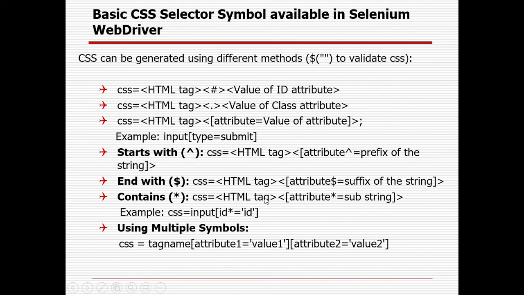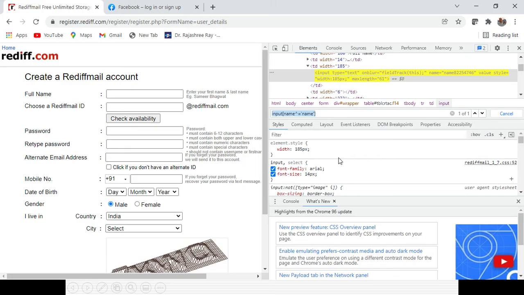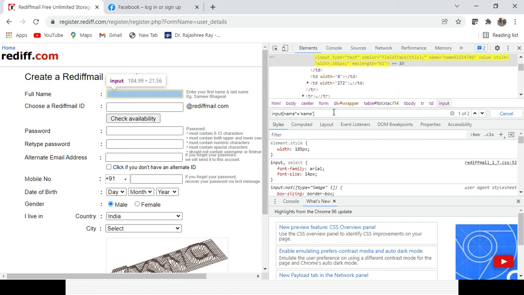So what is the syntax for creating the selector with the help of contains? You need to use the HTML tag, then attribute, then star sign, right? Here, instead of that sign, you can use the star asterisk mark, and you can use the name. Here you can see maybe there are multiple name fields, right? So you need to create the element uniquely. You can give a third bracket, you can give one.